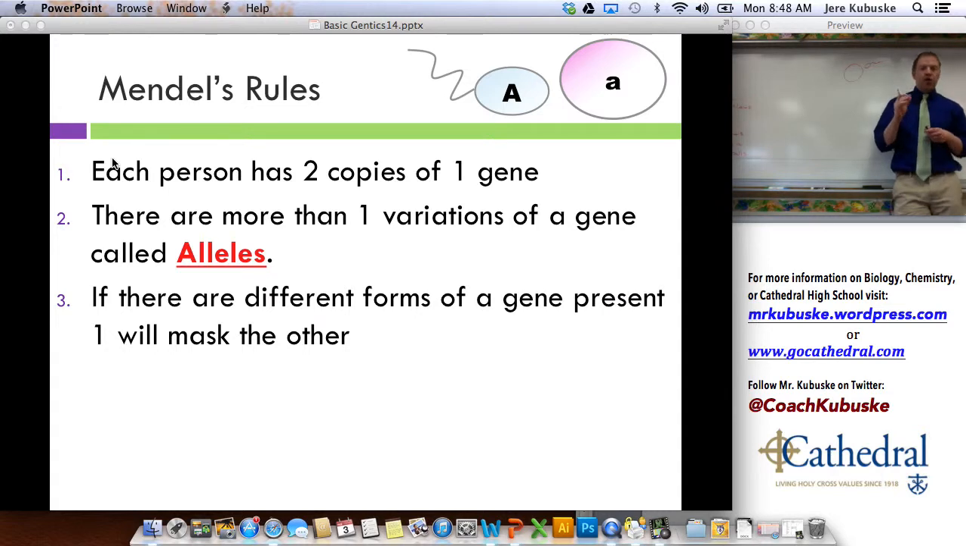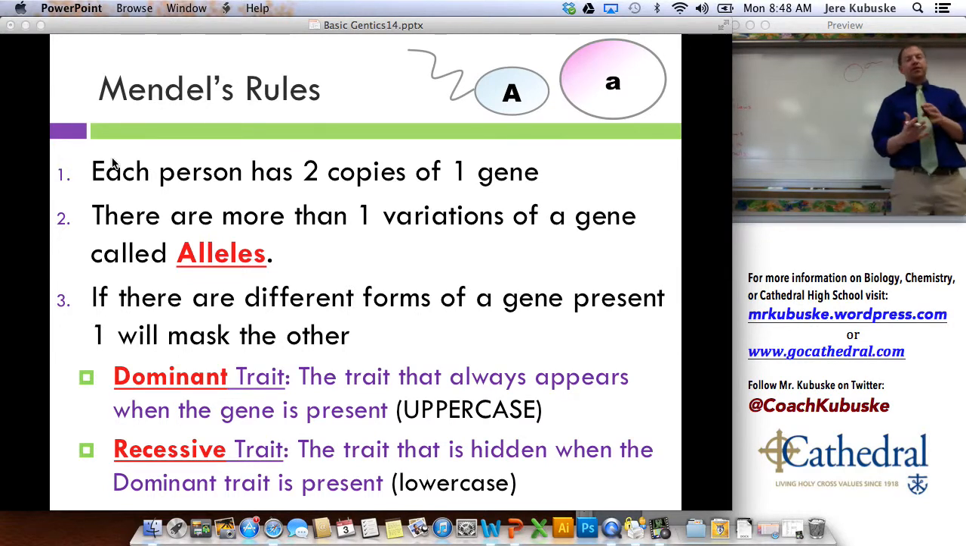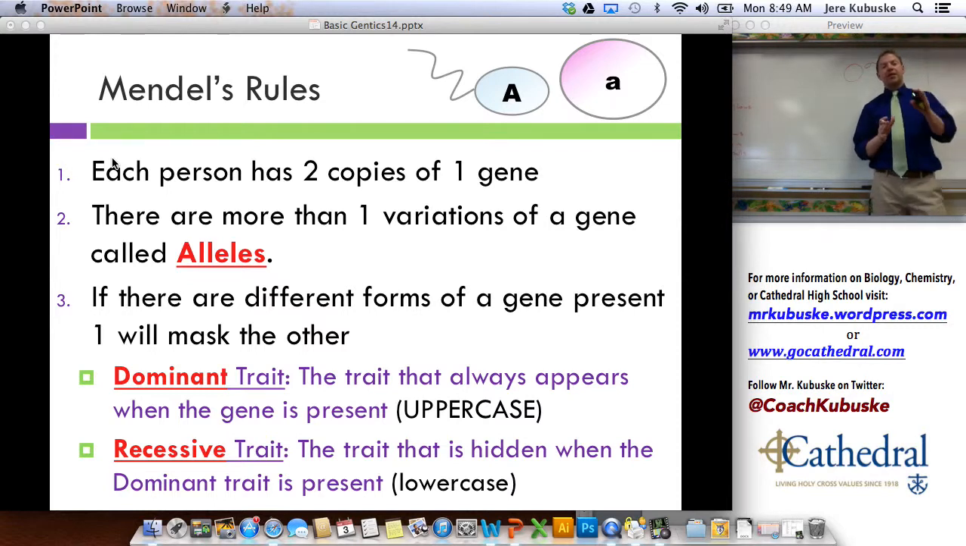Number 3, if there are different forms of a gene present, one of them will mask the other, meaning that one will be dominant to the other. It will cover it up, even though the recessive one, the one that doesn't show up, is there. Since the dominant one is present,